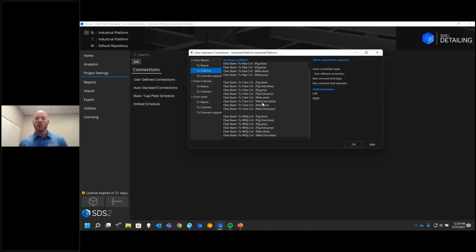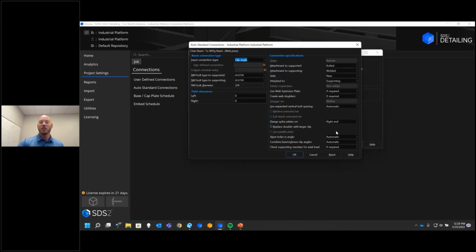Is it framing to the web? Is it the flange? Is it skewed, perpendicular? All that. So if I were to look from beams to beams, channel beam to wide flange beam, framing to the web perpendicular, I see I'm getting a clip angle. If I double click on that, that gives me my different specifications or variations of that clip angle on the